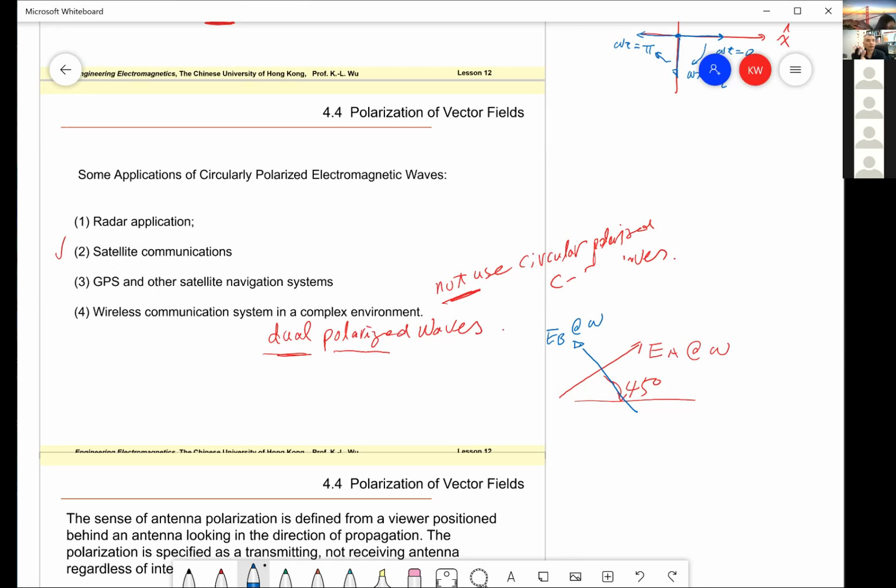You see, we launch two different signals. We launch two different signals in the same frequency and propagate